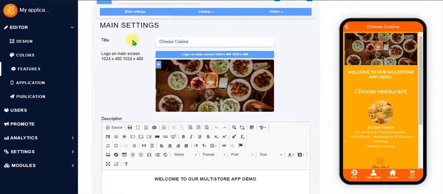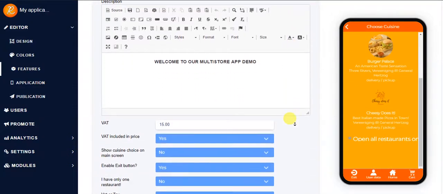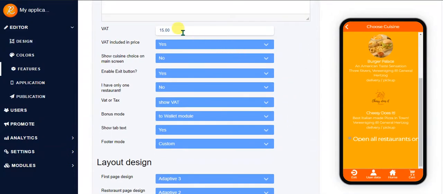So on main settings, we've got the title of the food ordering app. We can put a logo on the main screen as well as a description of the app. We've got then various options: the VAT percentage, whether to include VAT in the purchase price or not, whether to show cuisine on the main screen, so each of the food items can be categorized into a